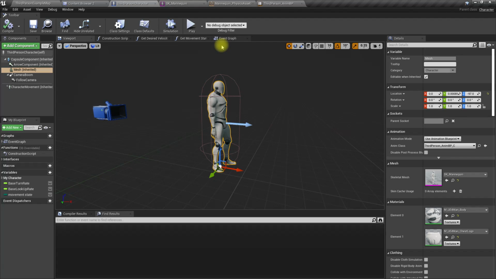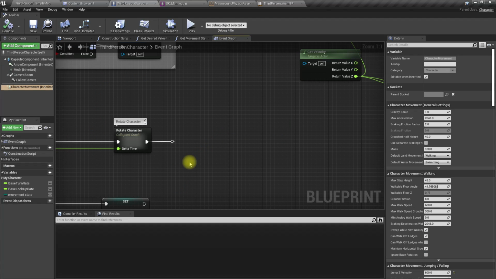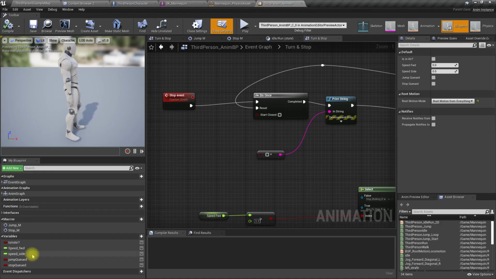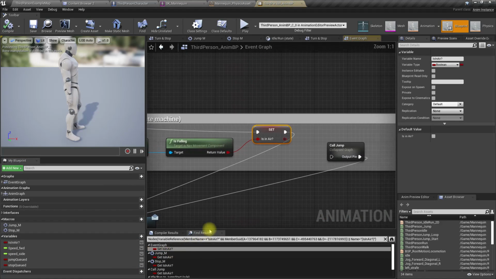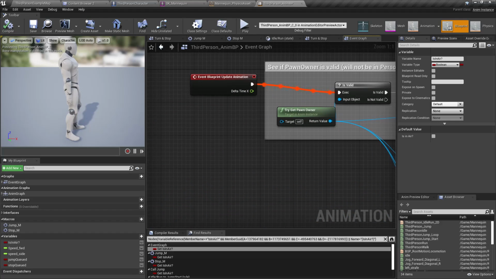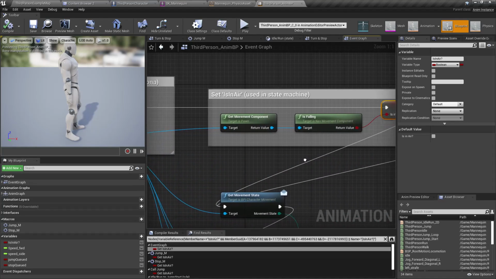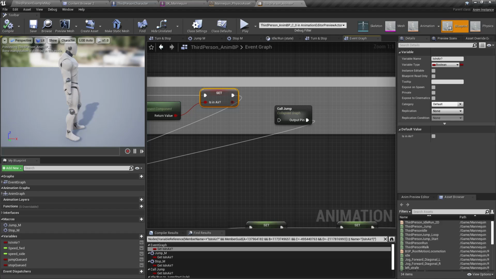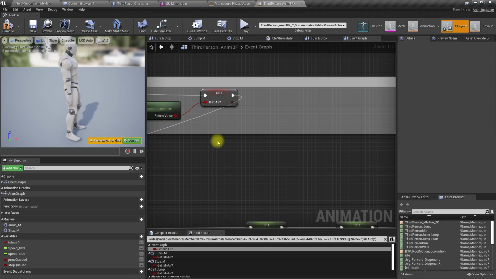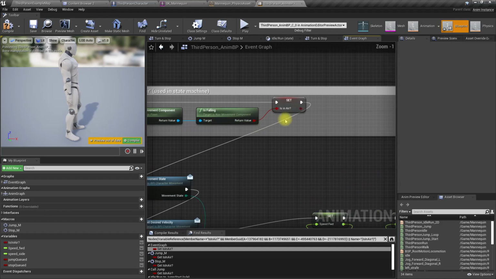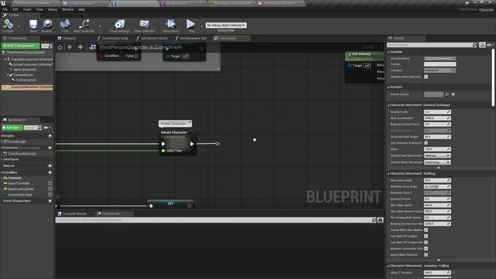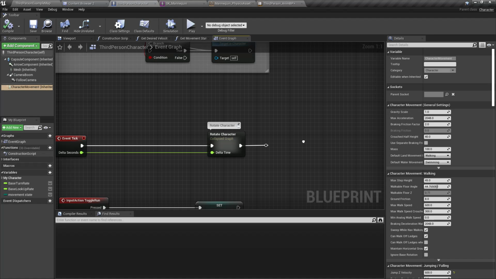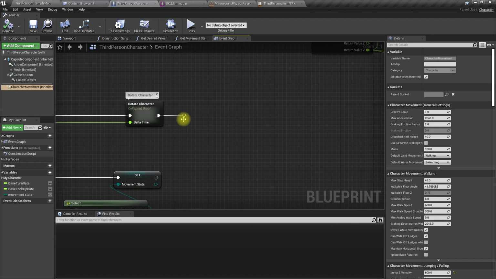Well, we already have this is in air check in the blueprint update animation, but let me delete this unused stuff. But I think I should detect if I am falling too long in the character blueprint.